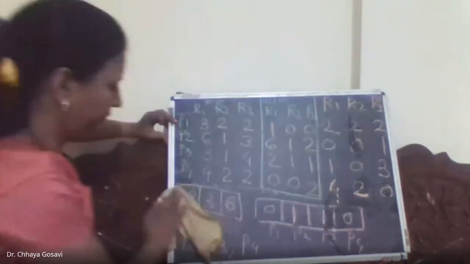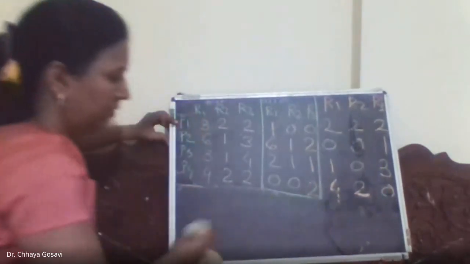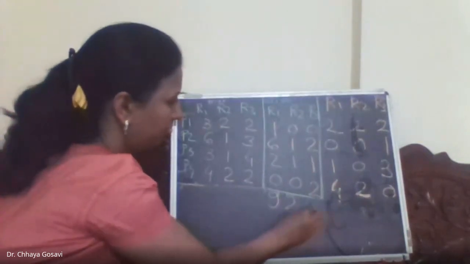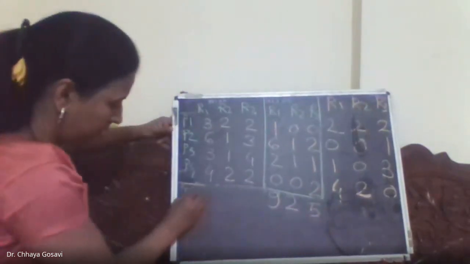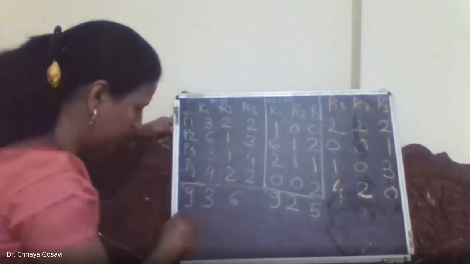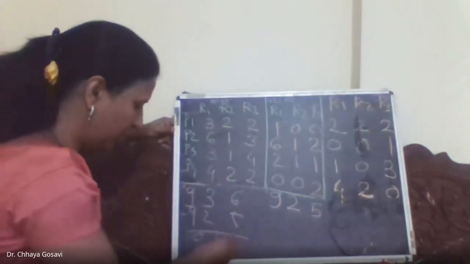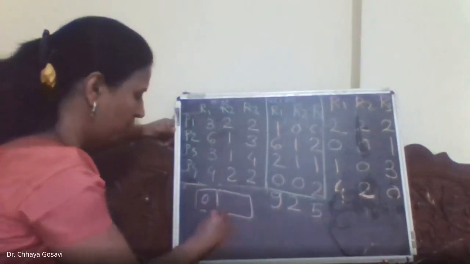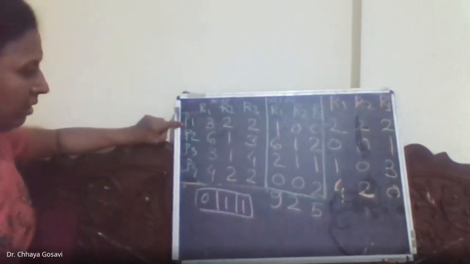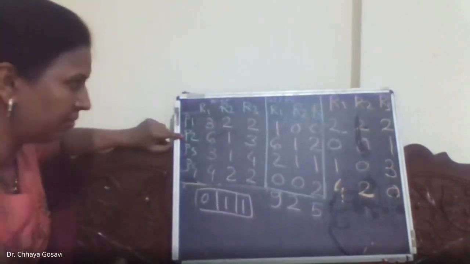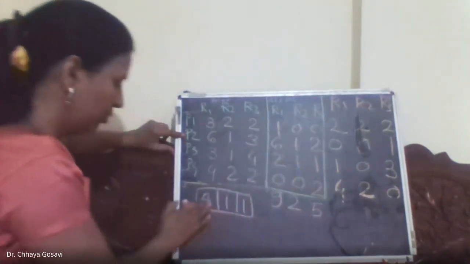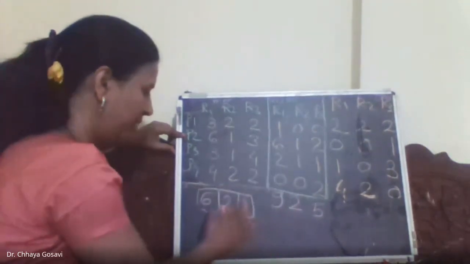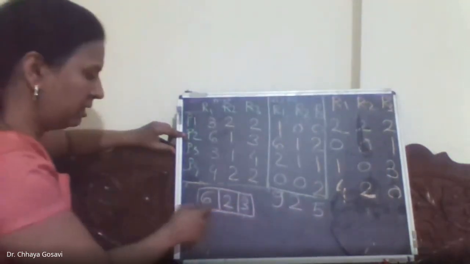Something is wrong. What was our available? 9 3 6 minus 9 2 5. It will be 0 1 1. Correct. So initially our work is 0 1 1. Process P1 cannot be executed. Process P2 can execute and it will release 6 1 2. So 6, 1 plus 1, that is 2, and 2 plus 1 will be 3. So the next work is 6 2 3.